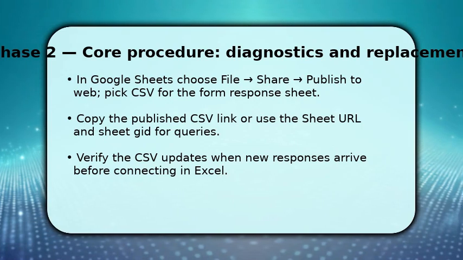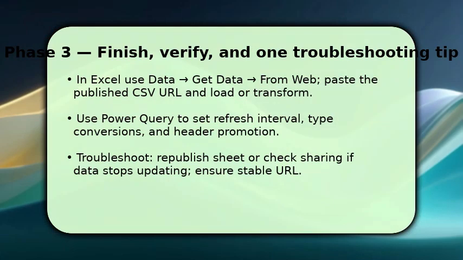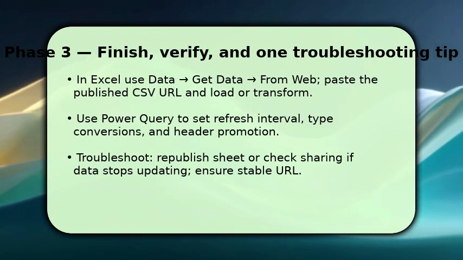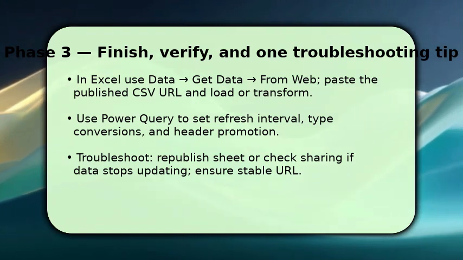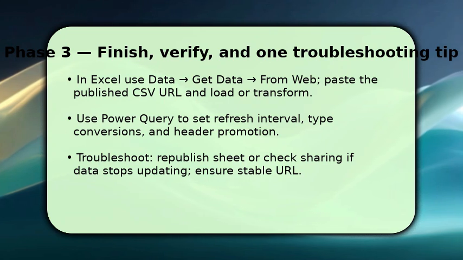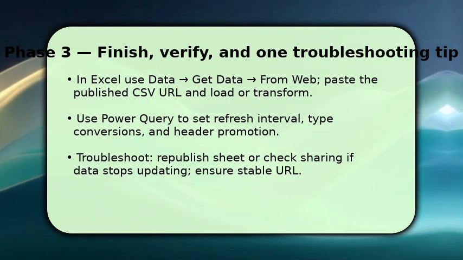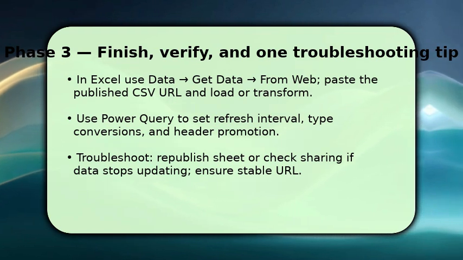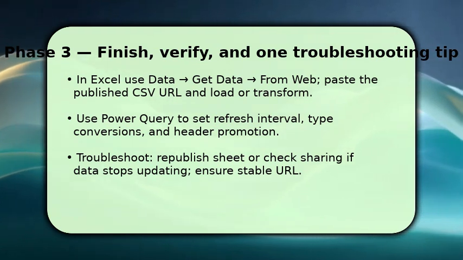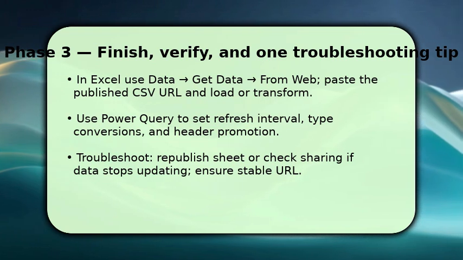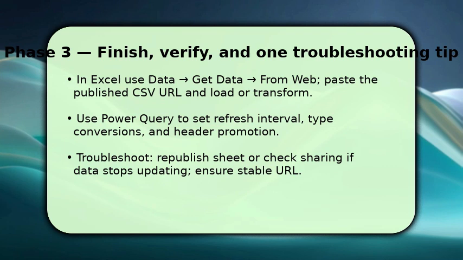Finally, open Excel and go to Data, then Get Data. From Web, paste the published CSV URL and import. Use Power Query to promote headers, adjust data types, and apply filters or transforms, then load to a table or pivot table. Set query properties to refresh on open or every n minutes so new form responses appear in Excel